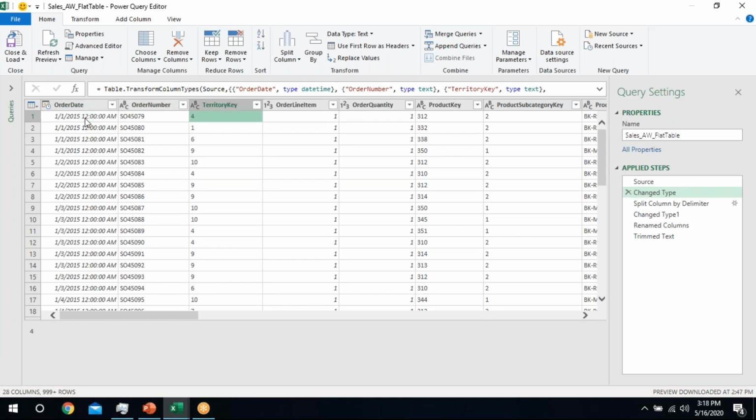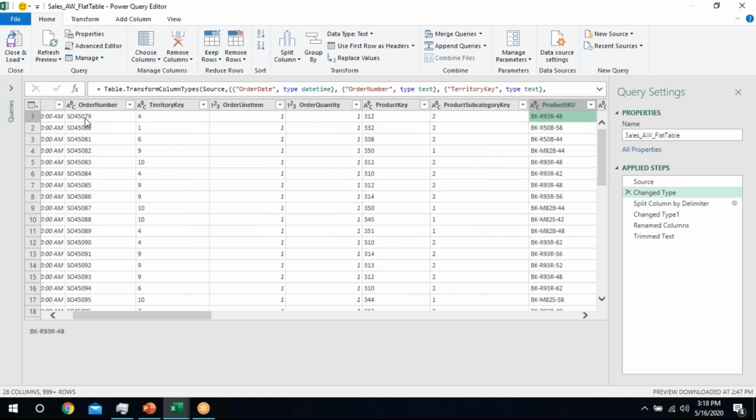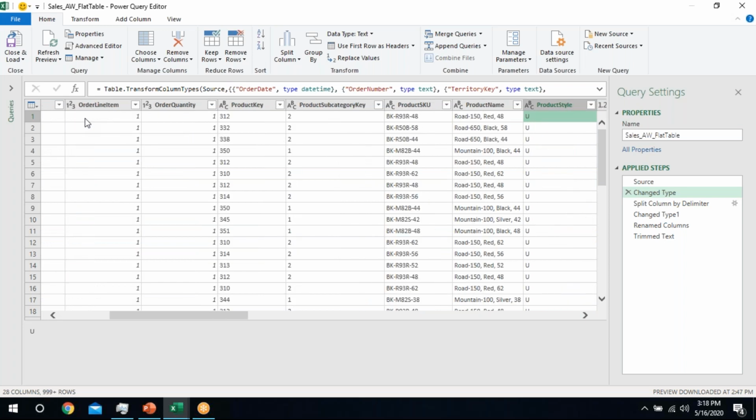Order number, simply order number. Territory, okay. Order quantity, okay. Product key, single value. Product subcategory, single value, okay. Now there is a catch. Product name contains three pieces of information. One is the product name, second is the product color, and third is the product size.